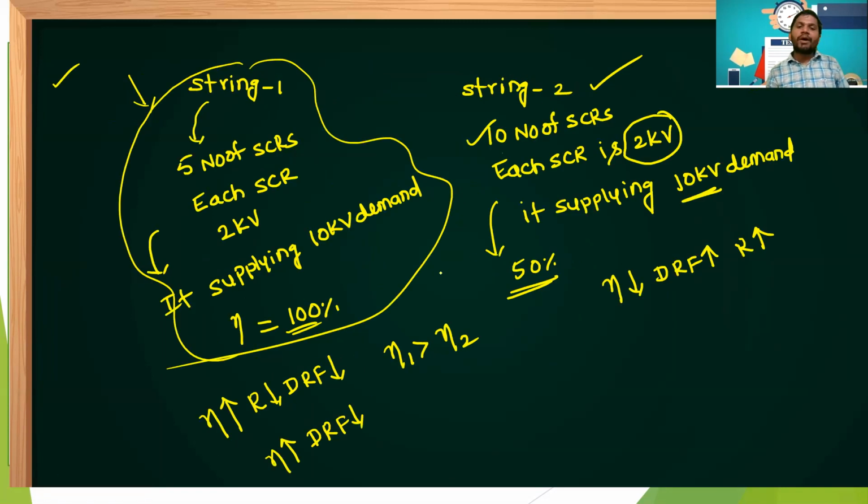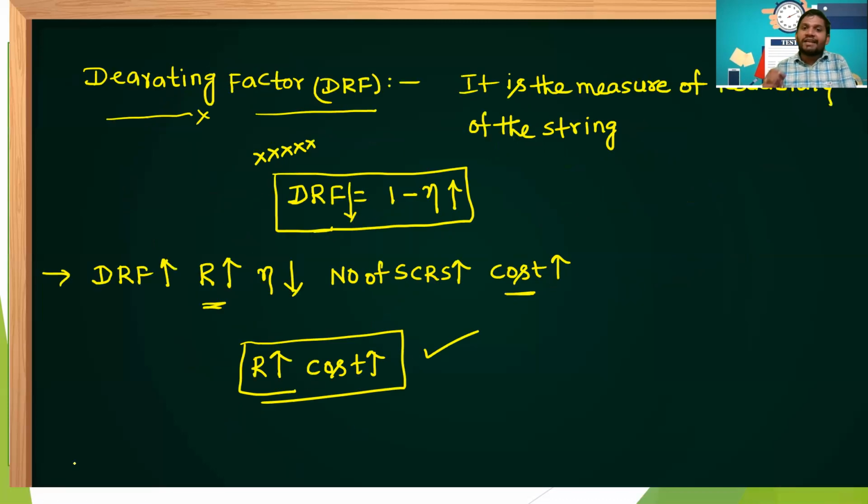Now, students, one more question I am asking here. In string 1 and string 2, which string is more preferable, students? Practically, would you prefer string 1 or string 2? Yes, I will prefer string 2 only. That's why in the selection of strings, the first preference is given to reliability, not efficiency. Students, without any life, what is the need of efficiency? That's why first, more reliable. If you want more efficiency, there are so many methods to improve the string efficiency. That's why in the selection or design of a string, the first preference is given to reliability. This is about the significance of string efficiency and the significance of the derating factor.